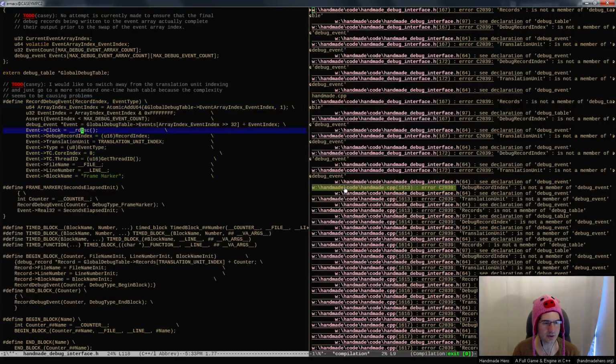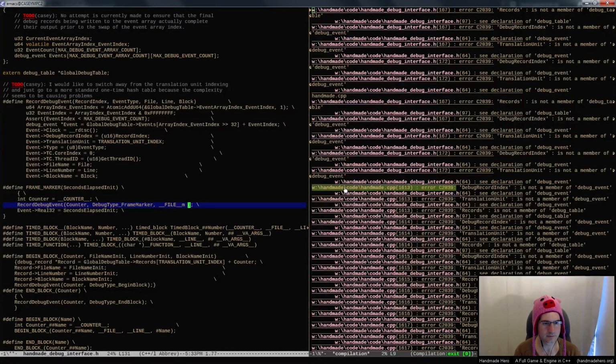So every time you record a debug event, you would just pass those things in. You would do something like file name, line number, and block name. So just file, line, block, something like that. And these guys would just be file, line, and block. And so in here, when we do record debug event, we would do